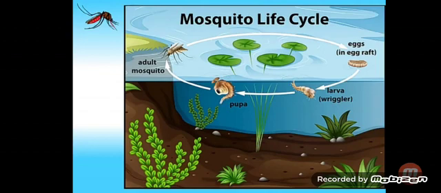The adult mosquito emerges. The newly emerged adult rests on the surface of water for a short time to allow itself to dry. The wings have to spread out and dry properly before it can fly. So the mosquito goes through the 4 stages of its life cycle, that is egg, larva, pupa and adult. You can see in the picture.